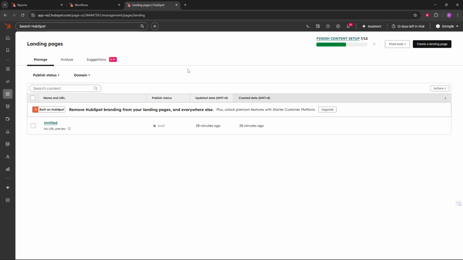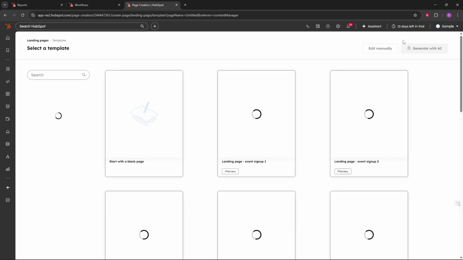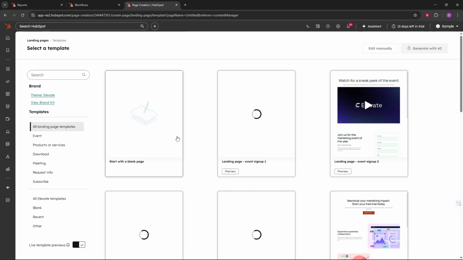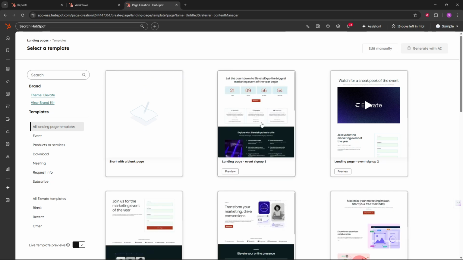Next, click on Create Landing Page. You'll usually find this button near the top right. Clicking this starts the process and takes you to a gallery of options designed to help you move fast without building everything from scratch. Now select a template, browse through the available designs, and choose one that fits your goal